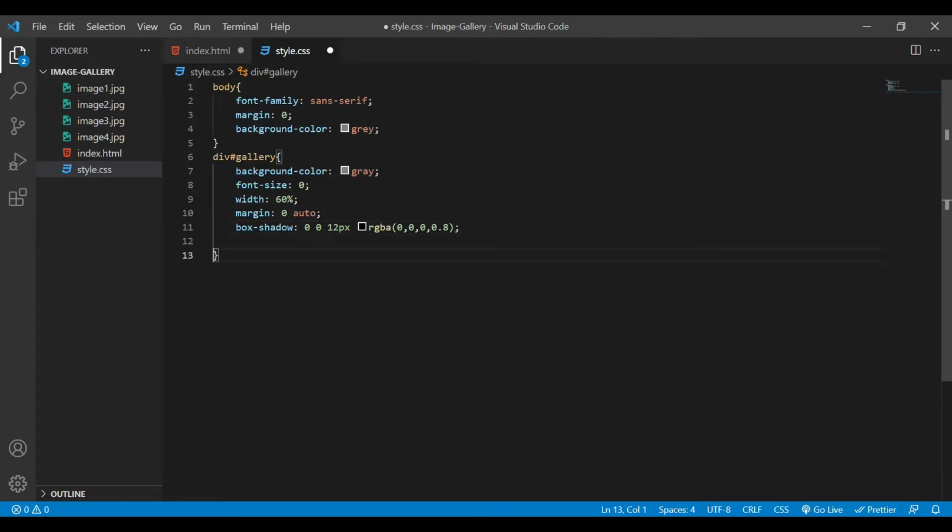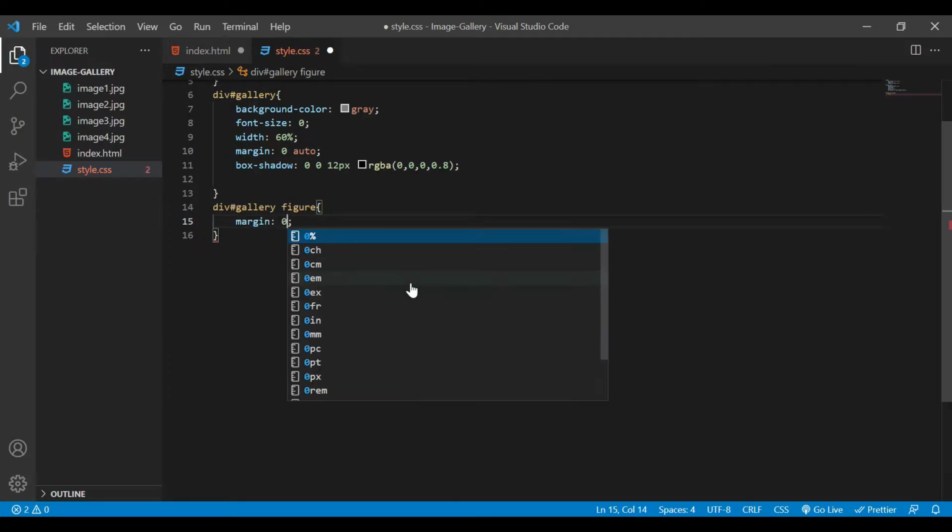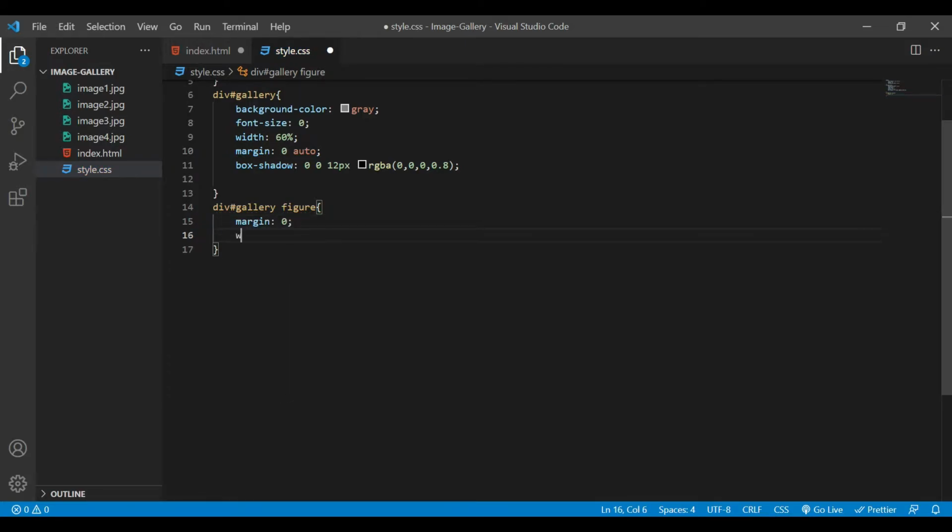After this, again, I'm going to say div. Then our ID, which is gallery. Here, I'm going to style my figure. So our figure doesn't have an ID or a class, it's just a figure. So for this one, I will add margin to be 0. Also, we need to add width of 50%. Next, we need to add height, auto,